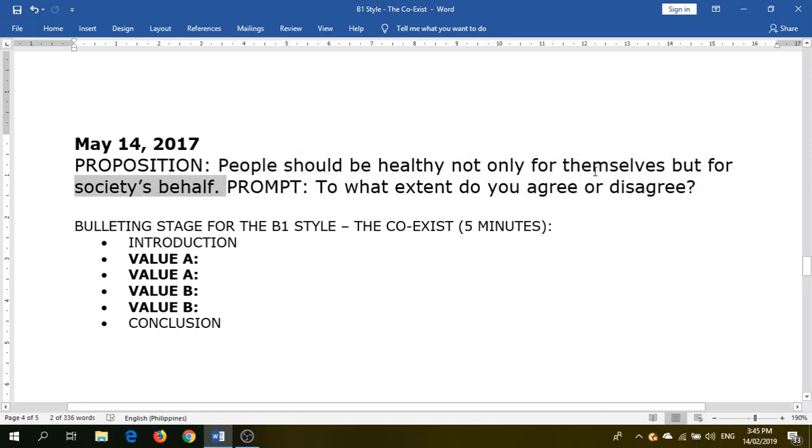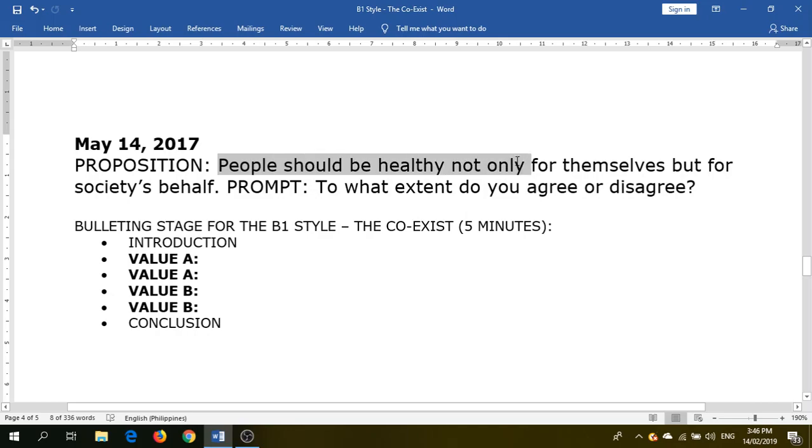So since there were two sides of the issue that were mentioned in the essay, the writer already knew that this was going to be a crossover essay. Take note that the prompt says, to what extent do you agree or disagree? It doesn't follow that if the question prompt is to what extent do you agree or disagree, you're just using the A1 or the A2 style. So in this case, this clearly is now a crossover or one of those B styles because the question prompt did mention two sides of an issue.